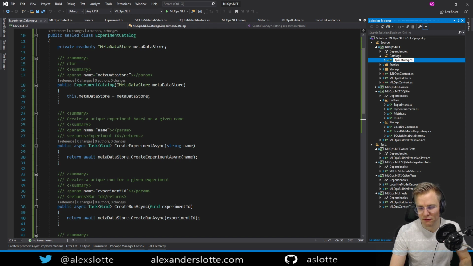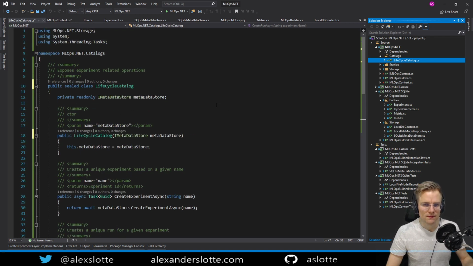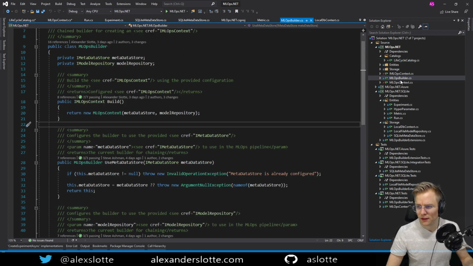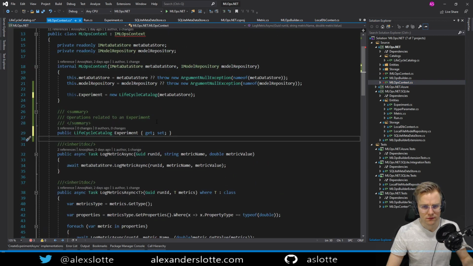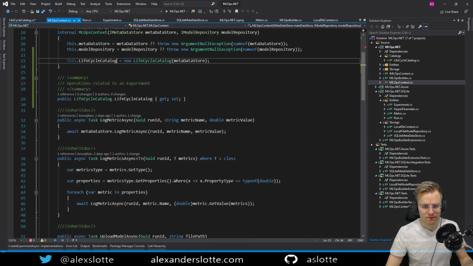What else do we have available for us? I wonder if we can call it a life cycle catalog. That's probably better, because that's kind of what we're tracking here. We're tracking the experiment and other things. Okay, I'm going to call it life cycle catalog for now, until I find a better name for this. At least that's better than a lot of other names. Okay, perfect. So we got that.